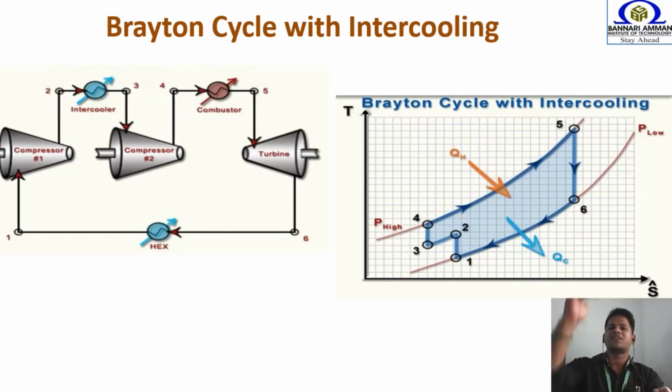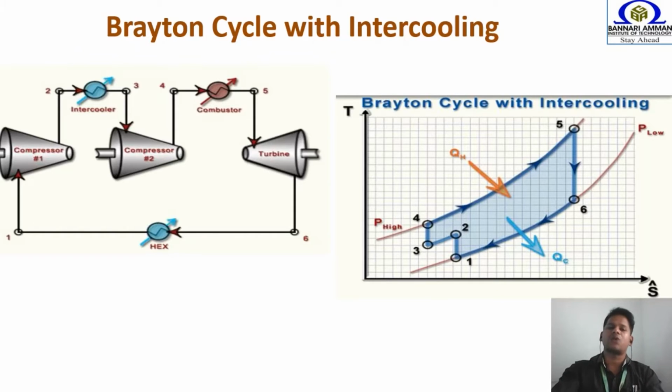Pressure is slightly increasing. But unfortunately, as per the ideal gas equation and perfect gas equation, I hope you have studied this concept in your thermodynamics in the previous semester. By applying this concept, we can understand that my ultimate aim is to increase the pressure. But unfortunately, what happened? The temperature is also slightly increasing. This is due to the ideal gas equation and perfect gas equation. Right. So come to the point. If you want to compress the air to a certain pressure, we are spending so much energy.